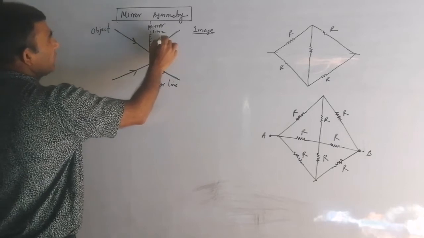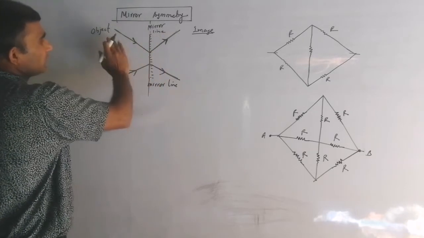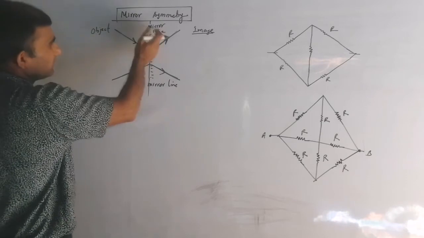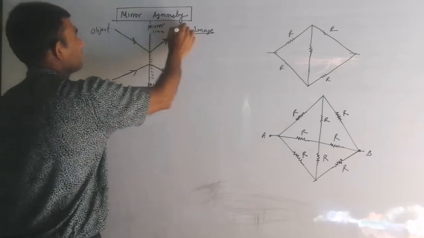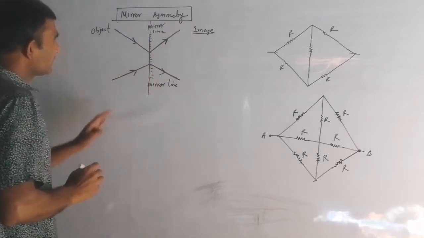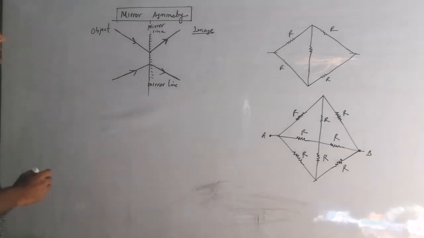If this is a thick line, then this will also be a thick line. If this is thin, then this is also thin. So in a mirror, you just see the duplicate, but it is laterally inverted. So this going down, this comes up like this. So this is the technique we are going to use to solve the symmetry problem.